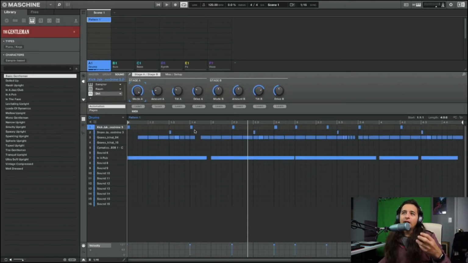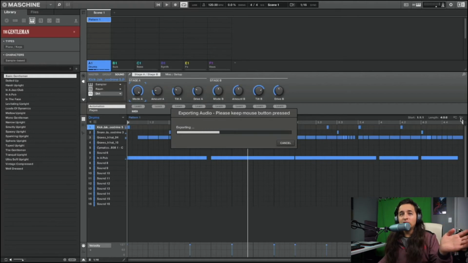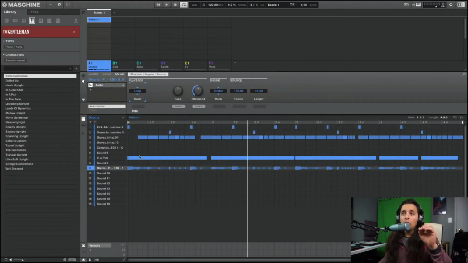So you're probably like, okay, yeah, that's cool, but how do I save my CPU? To save your CPU, you want to bounce this down to audio. There's so many different ways to do this. You can do this within the same group, but this is the thing right here. Say I click this button right here. This is to convert stuff into audio. Hold it until it exports everything. Your whole group is on this one pad right here, pad 9. And if I solo this and play it,